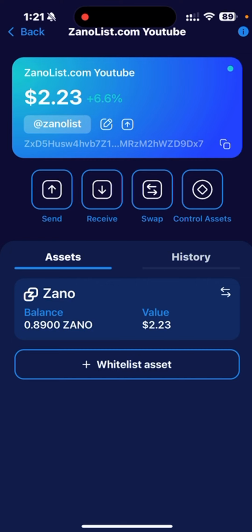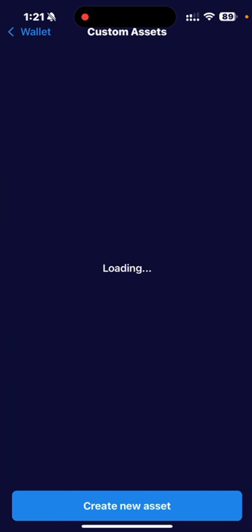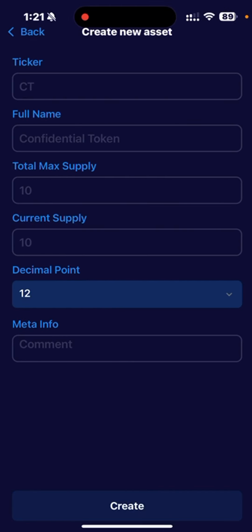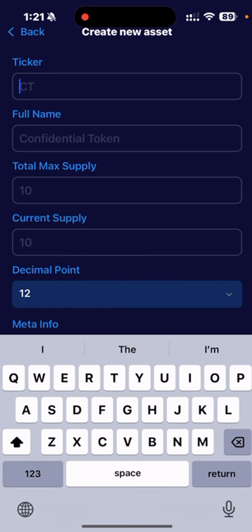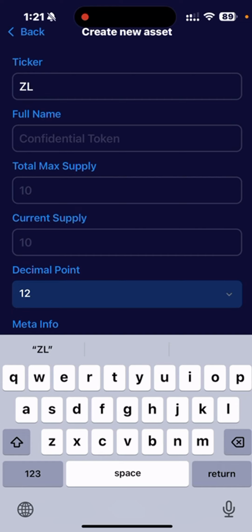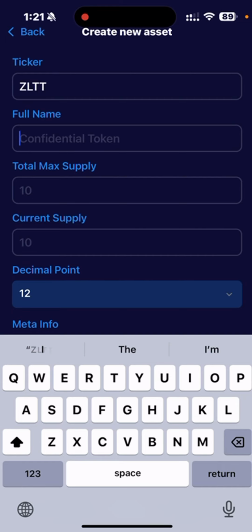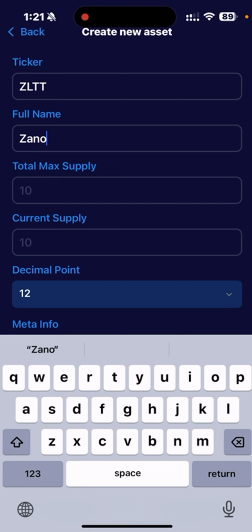In this same wallet here, I'm going to tap the Control Assets button on the right there. You tap that, and I don't have any assets yet, but it's very simple. I'll just tap Create New Asset, and in this case, we'll give it a ticker, right? So we'll have it ZLTT. That can stand for Zanolist Test Token, right? And we'll do Zanolist